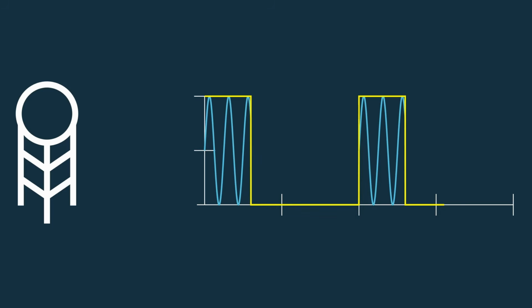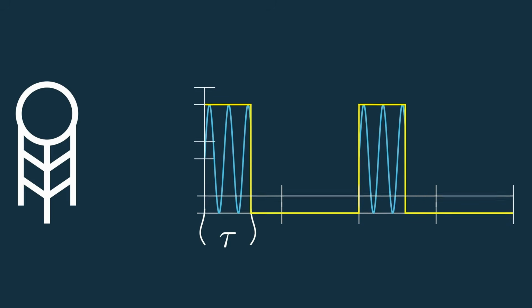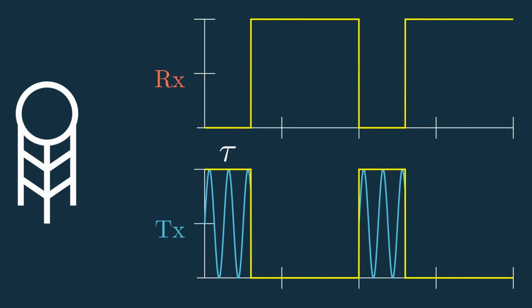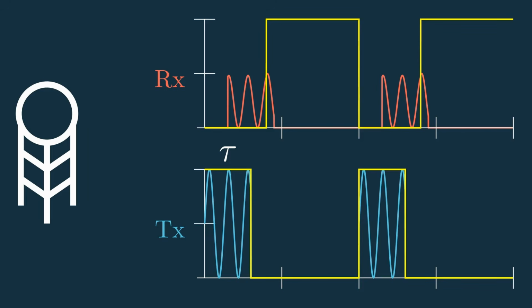Like we talked about in the last video, a pulse radar transmits a signal and then turns off the transmitter and waits for a return. This means there's this whole pulse width that we'll denote tau, where the receiver is just completely off. So looking at the receive side, it's only really on during these pulses, or really even smaller because there's some setup time in between. If we were to get any reflections from targets in that transmitting time, it would be